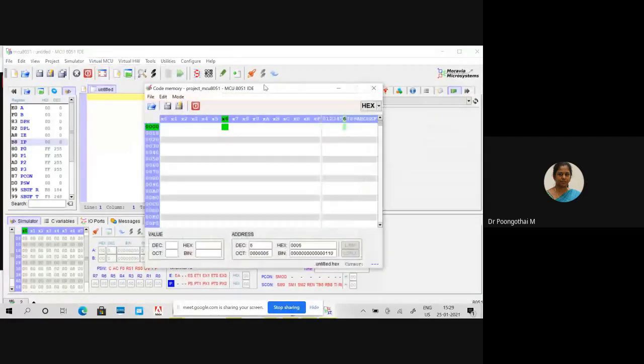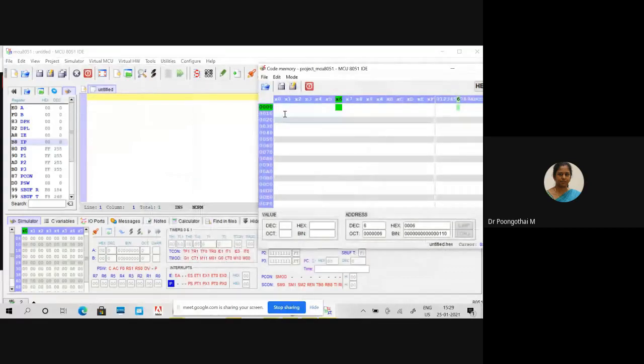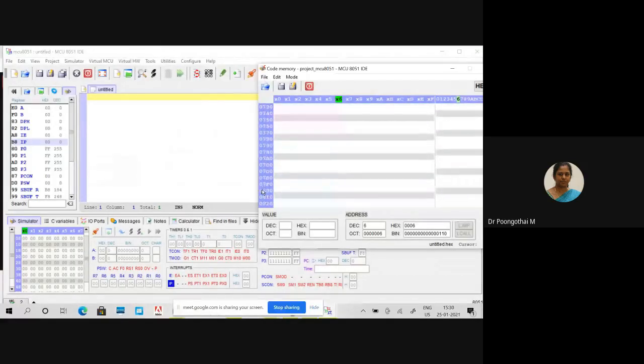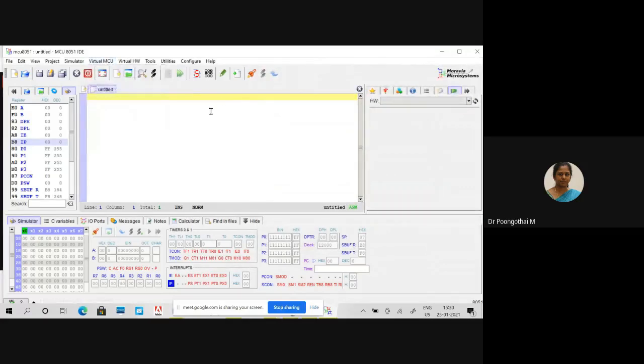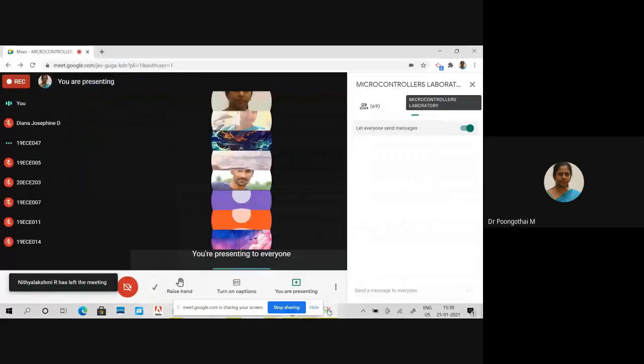After execution of your program, the hex codes of the particular program will be stored in this code memory. The address will be from 00 to FFF0.